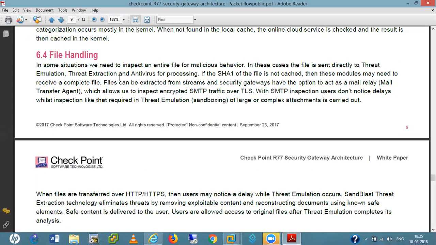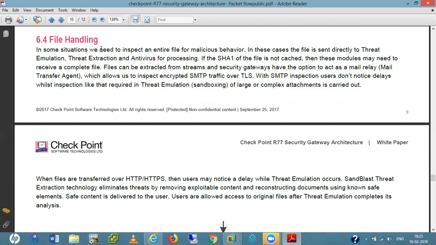In file handling, in some situations we need to inspect an entire file for malicious behavior. In these cases, the file is sent directly to threat emulation, threat extraction, and antivirus for processing. If the SHA of the file is not cached, meaning the SHA hash value of this file is not available in the database of our security gateway, then these modules may need to receive a complete file.